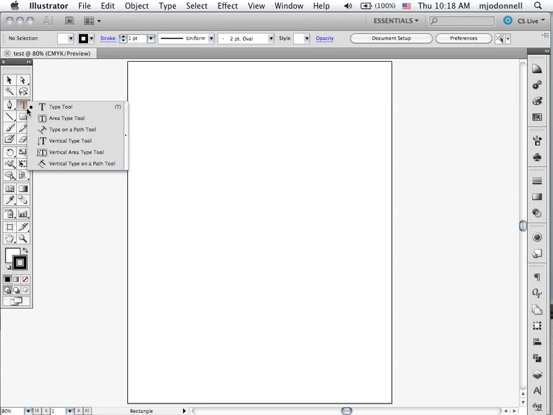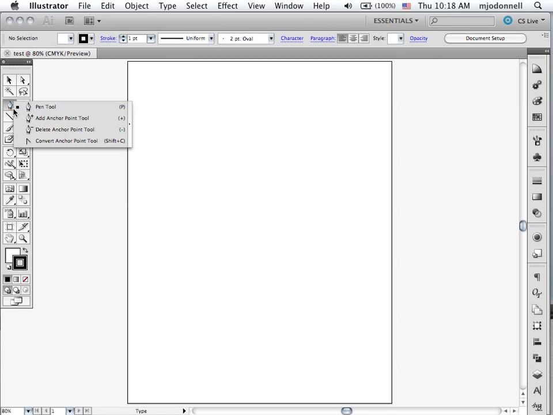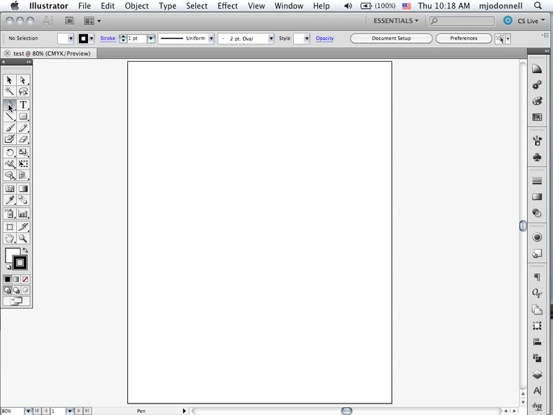If you click on it, you get different options, including typing on a path, a very handy feature of Illustrator. And then the pen tool has a number of choices. You can add anchor points, delete anchor points. We'll be talking about what anchor points are when we get to that tool. And then there's the convert anchor point. More on that later. So that's the basic interface